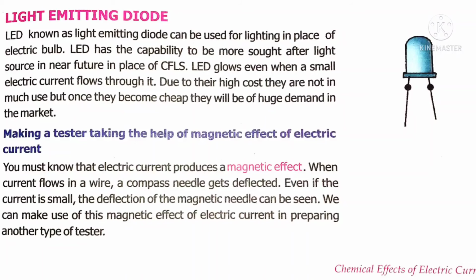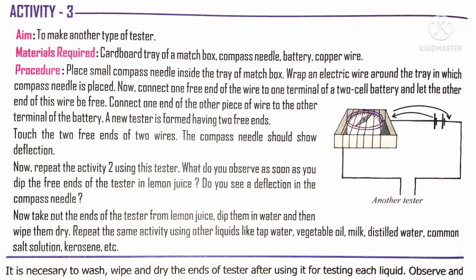As we all know, around a current carrying conductor, an electric and magnetic field is produced. For this, we are going to do Activity 3. We can prove this magnetic effect around the conductor by using a magnetic needle or compass needle. When the current is flowing through the circuit or through the wire, a magnetic field is produced outside the wire. In order to prove this, Activity 3 will be helpful to us.